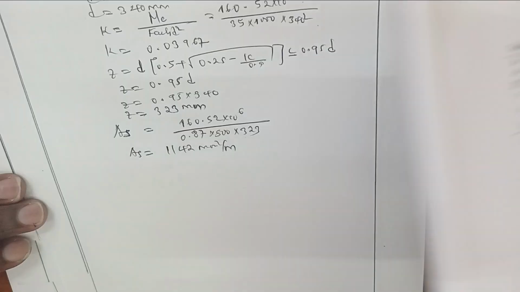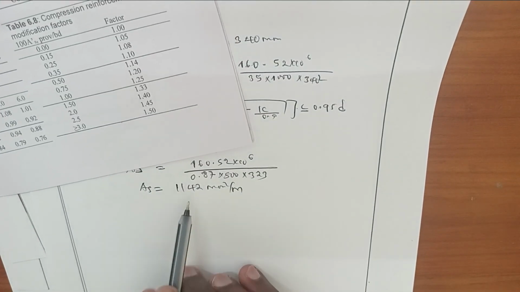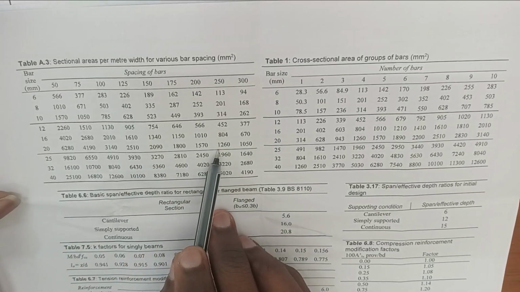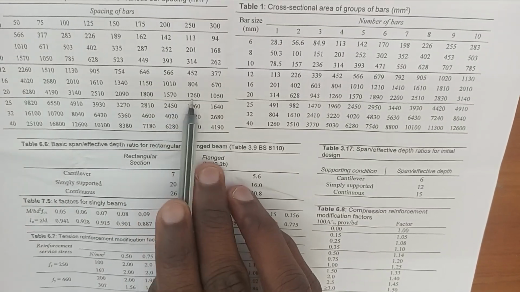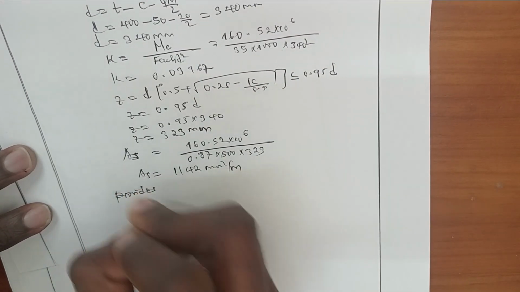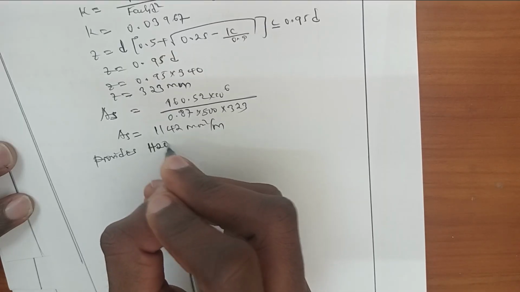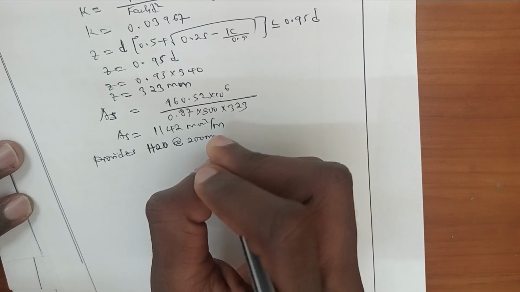Now, how do we determine the area required for the heel slab? We find it from the table: the area closest to our area, which is 1152. For the diameter of 20, the closest area is this one. So we say this heel slab provides high-yield reinforcement of diameter 20 at a spacing of